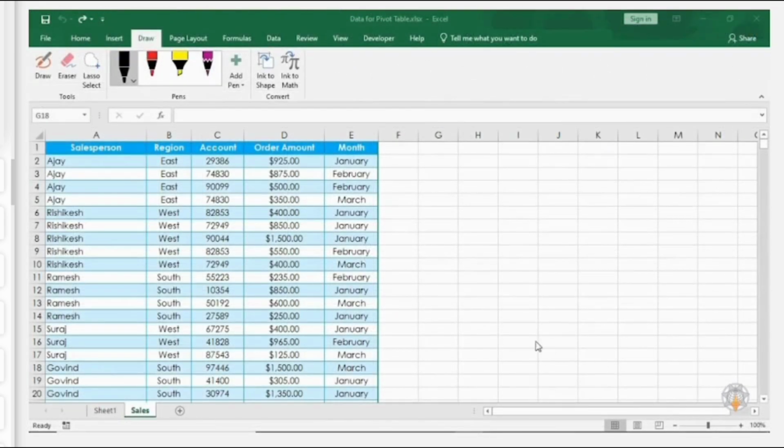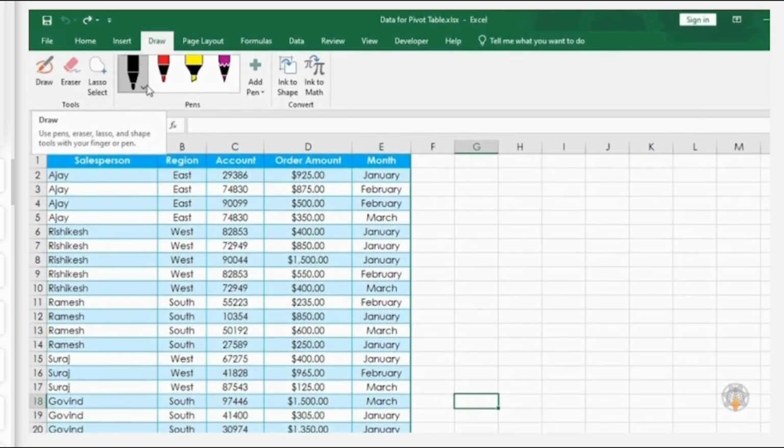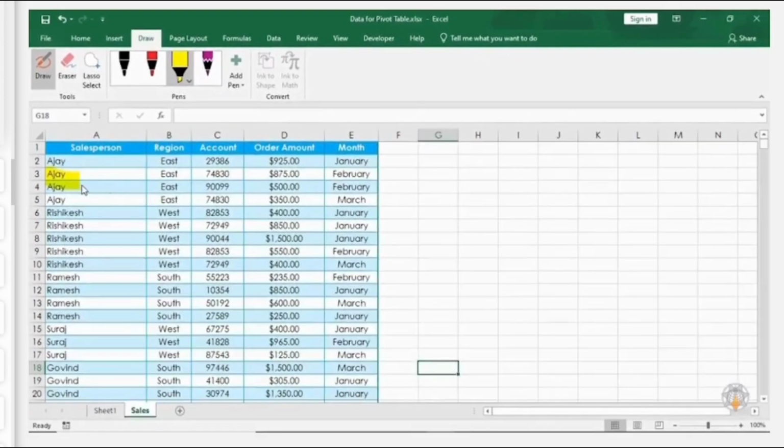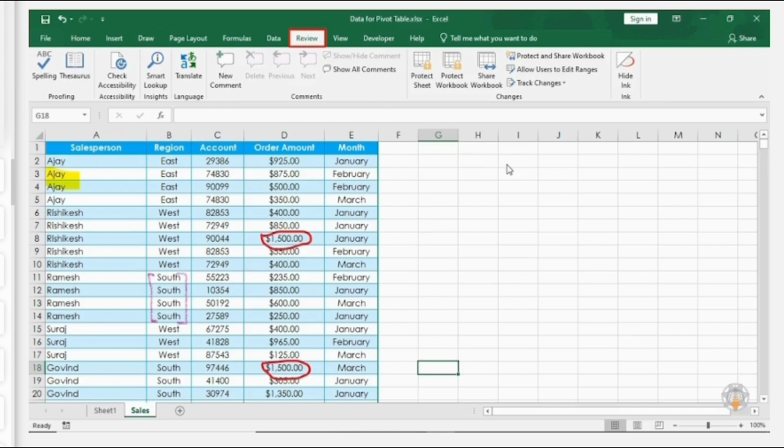Now that you are familiar with the options on the Draw tab, you can use them for various purposes such as marking out and highlighting areas in your worksheets. To hide the display of all the ink on your worksheet, activate the Review tab and in the Ink group, click